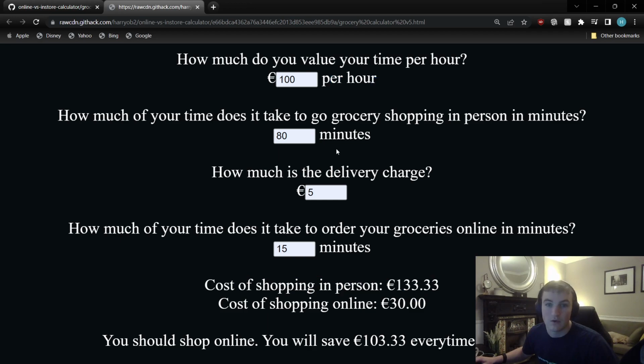your income per hour times the length of time it takes. And then the cost of shopping online is your income per hour times how long it takes plus the delivery charge. And you arrive at these two figures, and this is how much you save by either shopping online, or